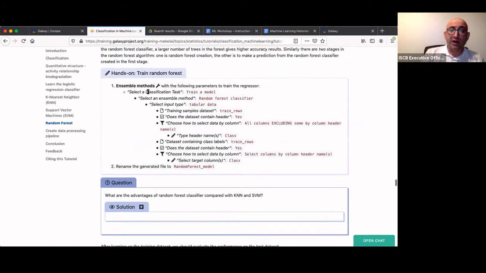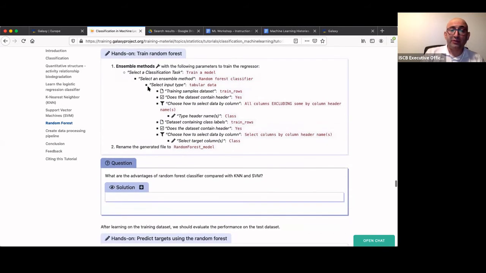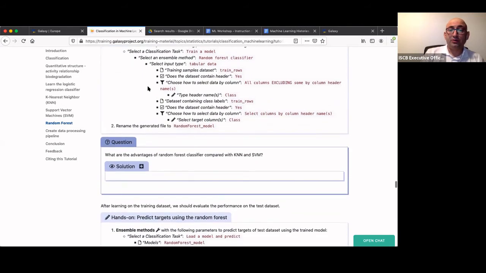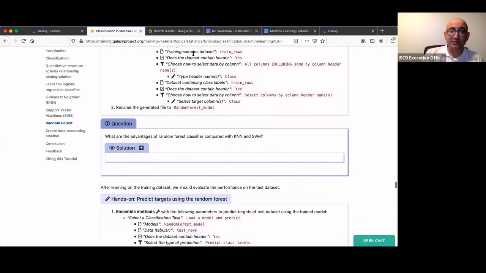So in ensemble method, this tool has been used before. You just select an ensemble method as a random forest classifier, and the others, again, the tabular data, train rows,